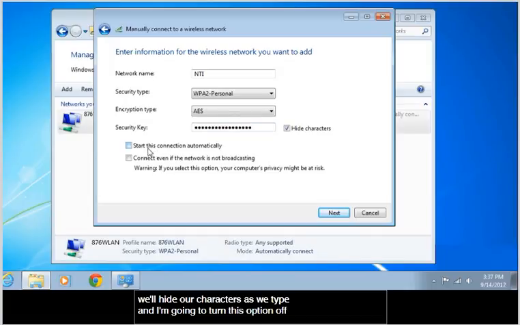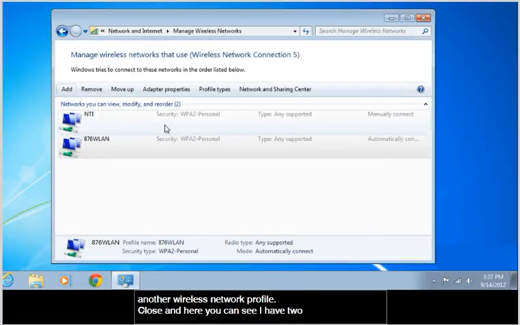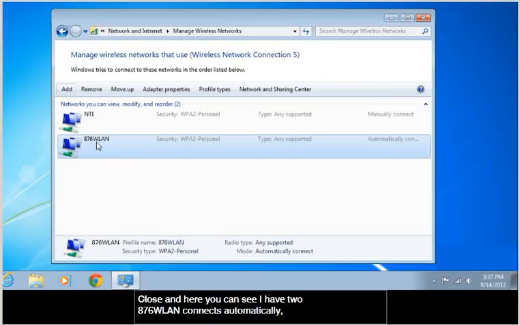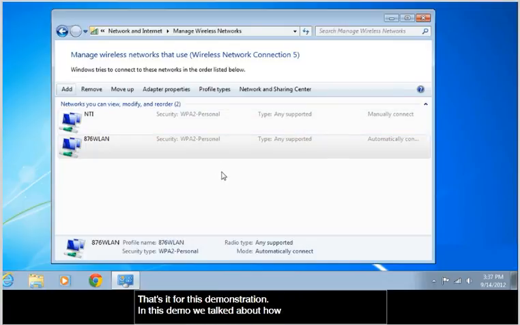And I'm going to turn this option off to start the connection automatically. But I am going to turn the option on to connect to the network even if it's not broadcasting. Click Next. And we've successfully added another wireless network profile. Click Close. And here you can see I have two. 876 WLAN connects automatically, whereas NTI I must connect to manually. That's it for this demonstration. In this demo, we talked about